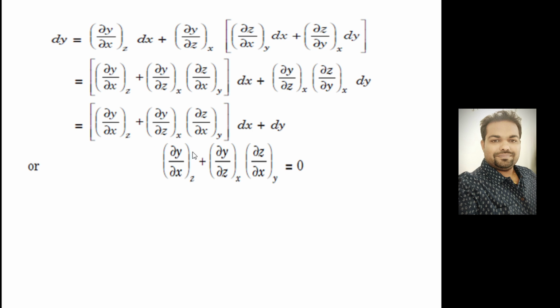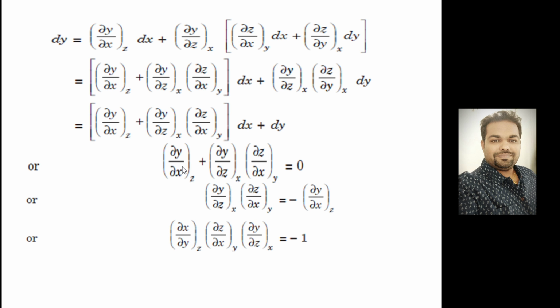So I can write ∂x/∂y at z, multiplied by ∂y/∂z at x, and ∂z/∂x at y is equal to minus 1. So that's what happened, right? First I have taken this side, then I have divided this complete term by this term, and I rearranged the terms. I got this equation, right? ∂x/∂y at z, ∂y/∂z at x, and ∂z/∂x at y, is equal to minus 1. So this is the fundamental equation which I got by adding